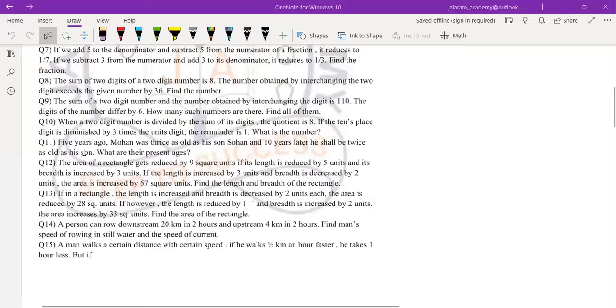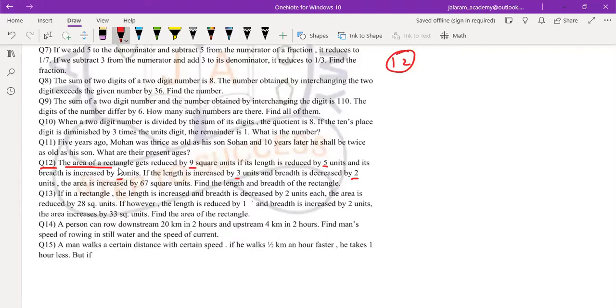Now after discussion of the questions which involve ages, we will discuss questions of area type. Sometimes the area of a rectangular field is given, like in question number 12, and we have to find the conditions. We form the equations from the conditions, then solve them by any method, either elimination, substitution or the crisscross method. This is not the time to discuss the method. This is only for the discussion of formation of equations. Now question number 12. Look at this.